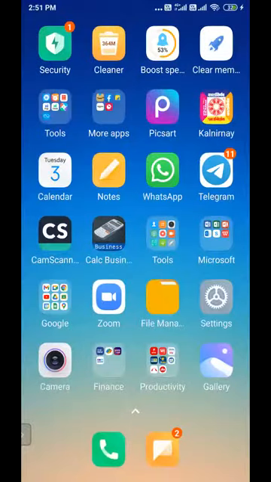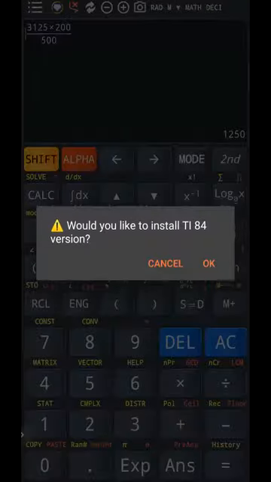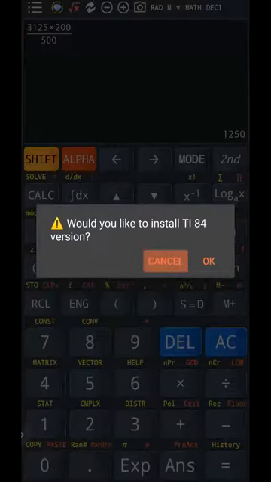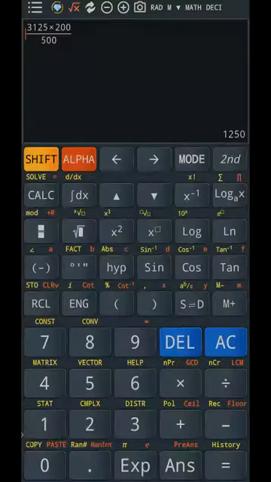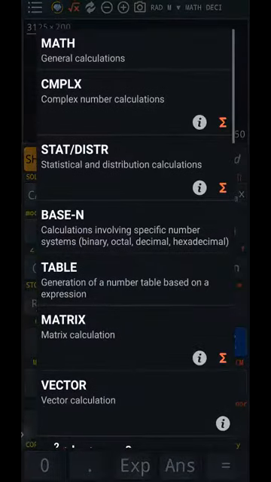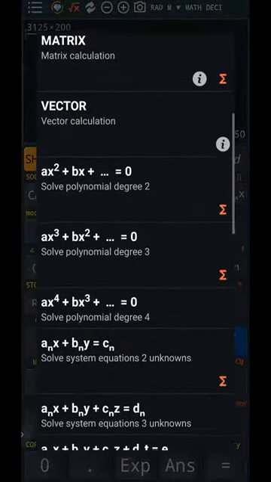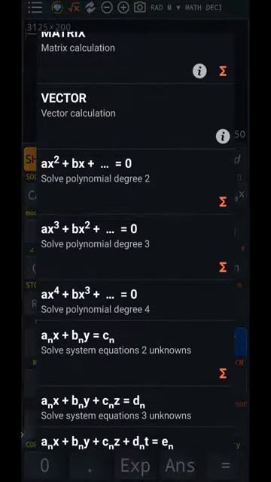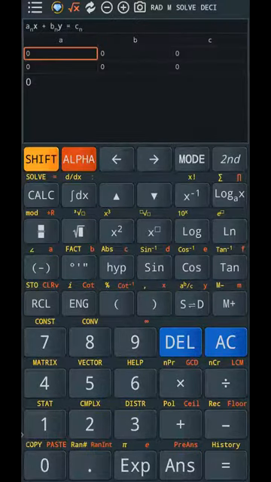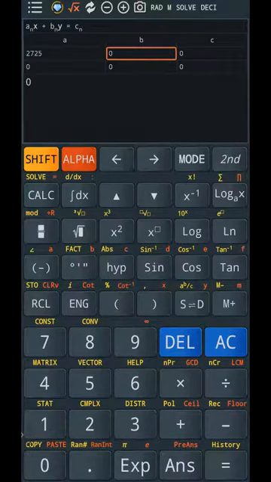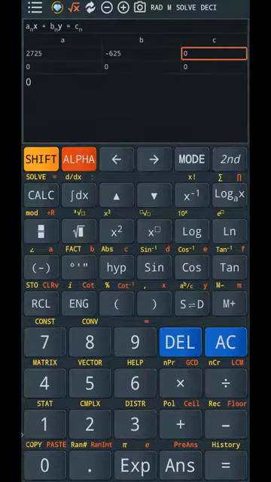For that, just go to your calculator, go to mode, and select the solve system of equations with two unknowns. Okay, just go to that. As I told you, this is 2725, then the side of that it is minus 625, then the side of that the 49